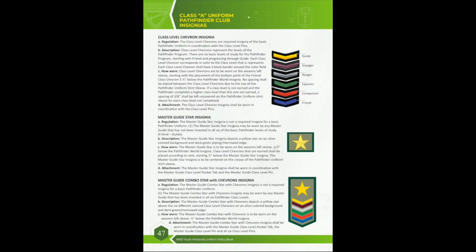And the companion, their color is like orange. And the explorer, green. And so on. So for master guide, you can have the full chevron as you have covered the full classes.